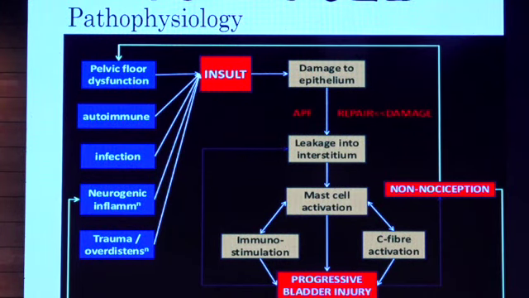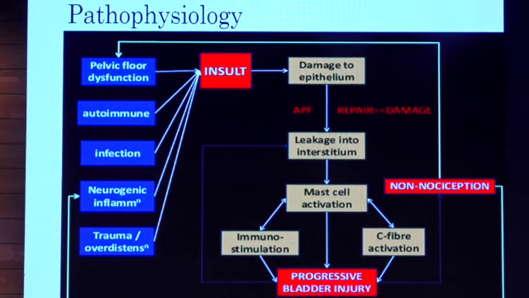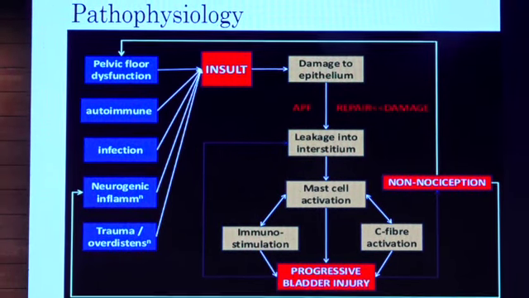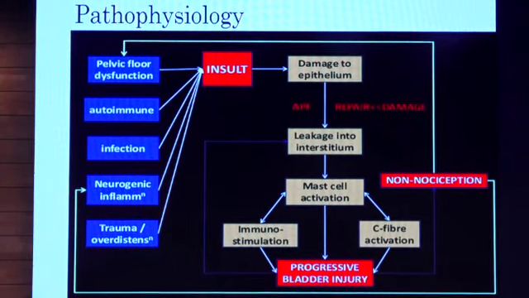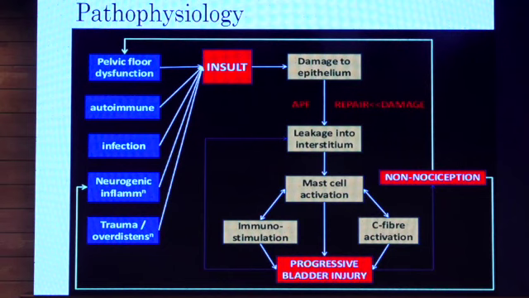So look at the etiology. There is a whole lot of etiology which can cause this insult. It could be autoimmune, some chronic infection, or repeated infections. It could be neurogenic, as explained by Dr. Diksha, that there could be many things for the neurogenic bladder. The pathology is not there, but the sequelae would be in the form of bladder pain syndrome. Or any trauma, or even episodes of overdistension. So any insult to the inside lining of the bladder.